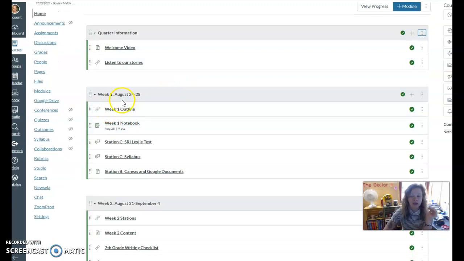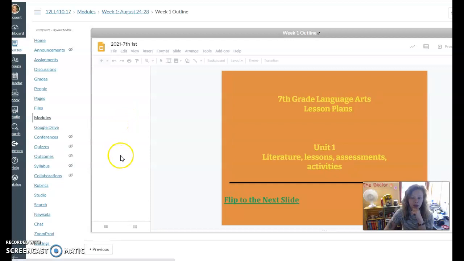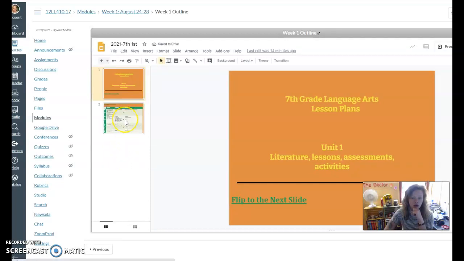Then the week that we are currently on will be the next thing. So right here it says week 1, August 24th through 28th. This is all the information you'll need for the week. If you click on the first thing, week 1 outline, this is kind of like a week at a glance. It'll show you here